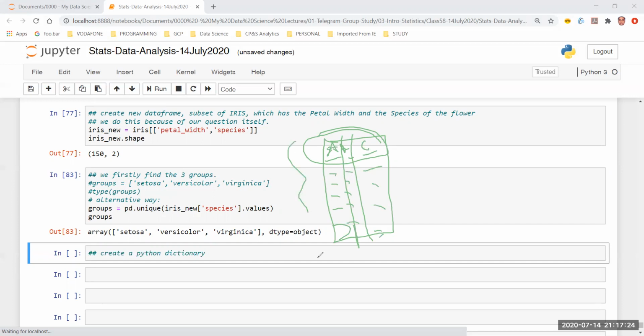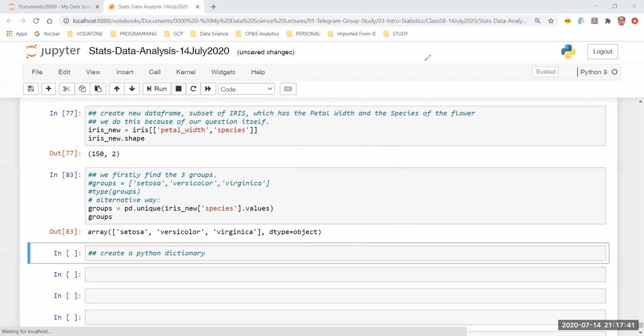This is a very useful representation, because only by searching by the key can I get any value I want, like a list. So this is represented as a list or an array of elements, and this is the key. So this will give me very quick mathematical operations, right? I could have also represented this as a data frame, but that's not going to be efficient in my case. So that is why I'm going to create a Python dictionary with groups and the samples.